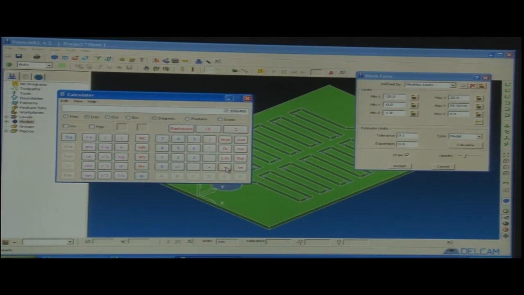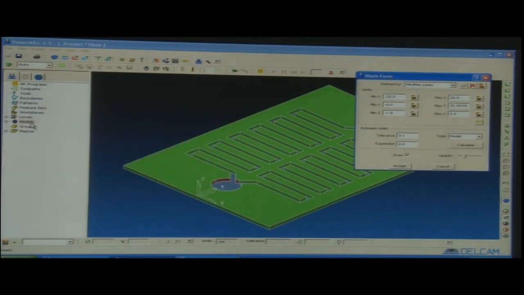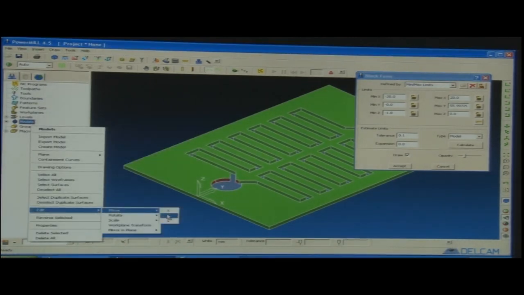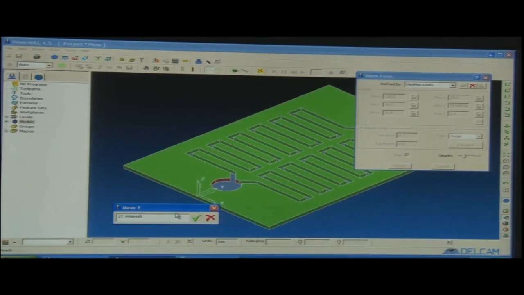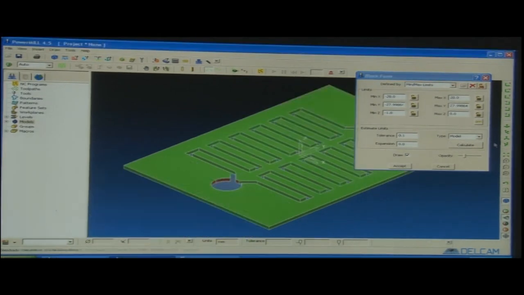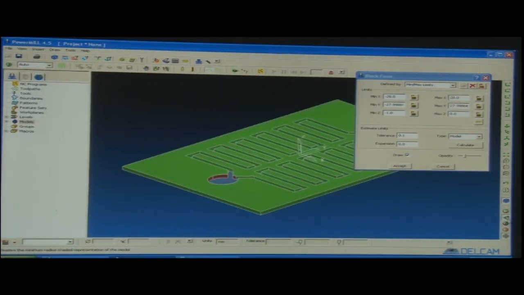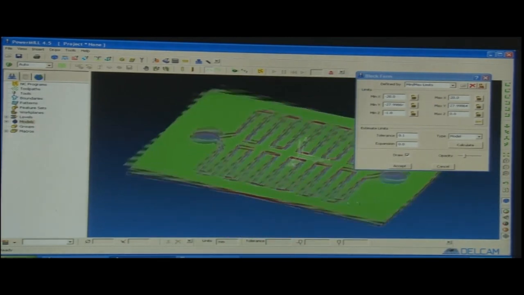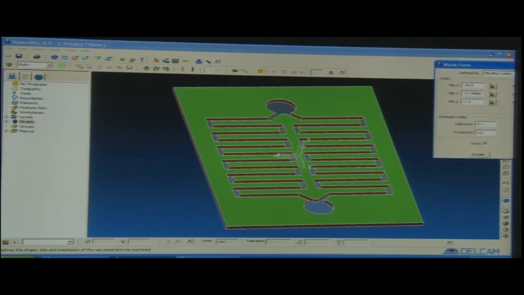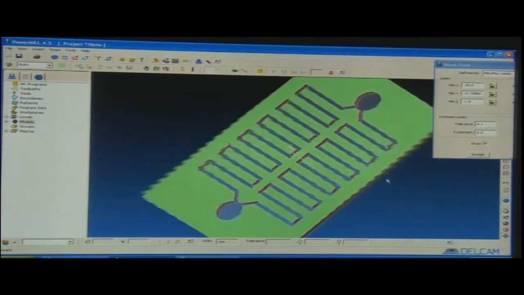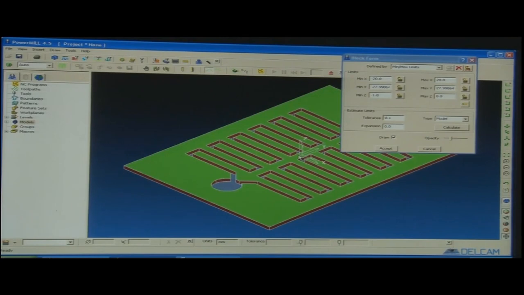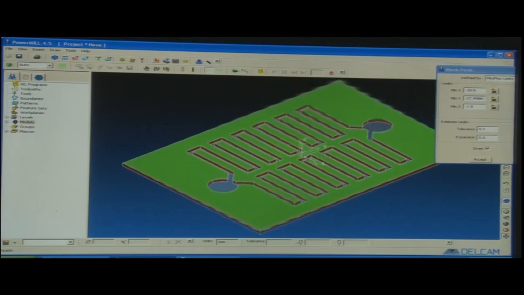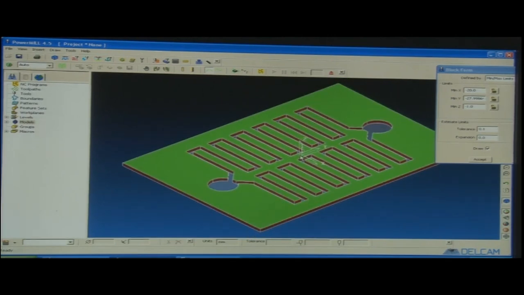I will just copy this value and put it here for the y. Now I have to put minus as well here. Now it has brought the origin of the workspace, or better I would say of the software itself, to the center of the workpiece. For the machine, we have to do it separately when we go to the machine. So in the software, the center is now at the center of the workpiece, we can see that when I rotate it and when I pan it.